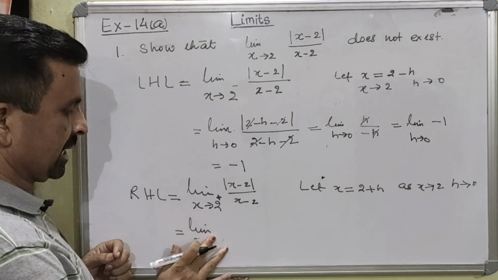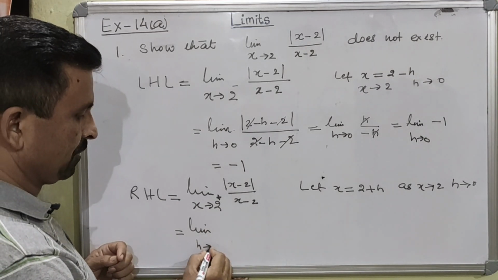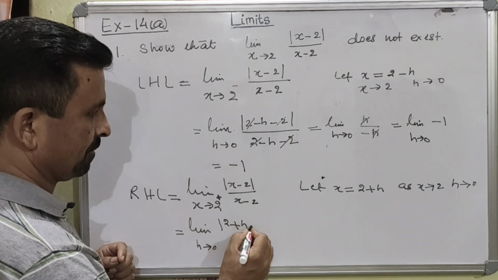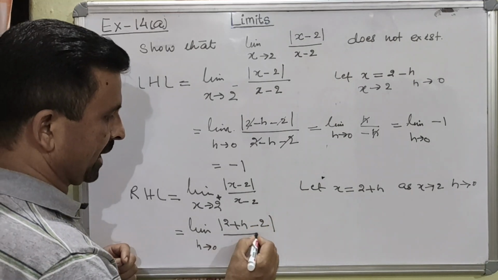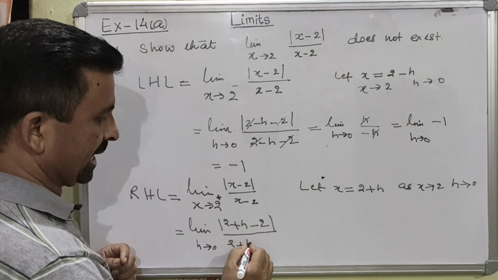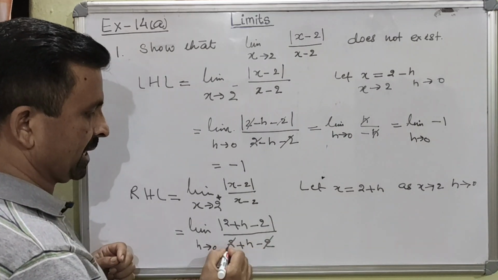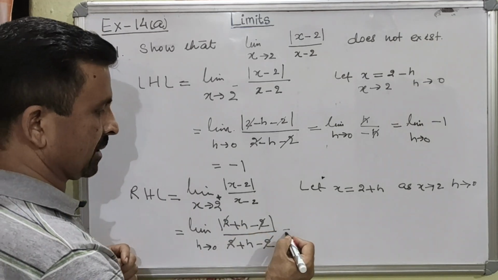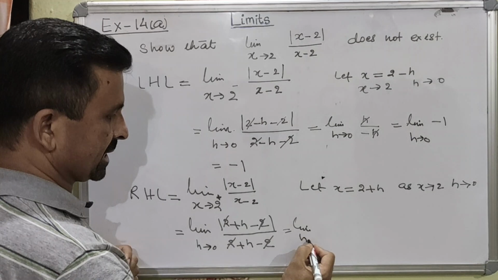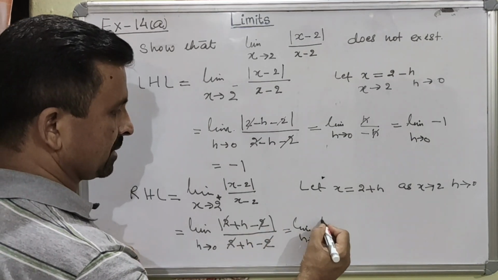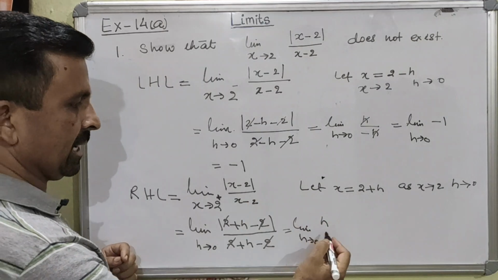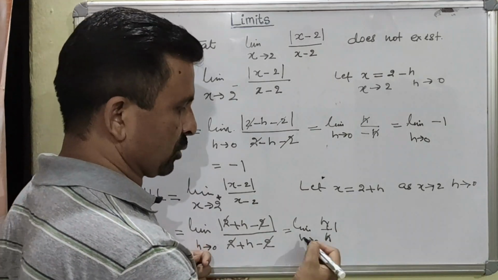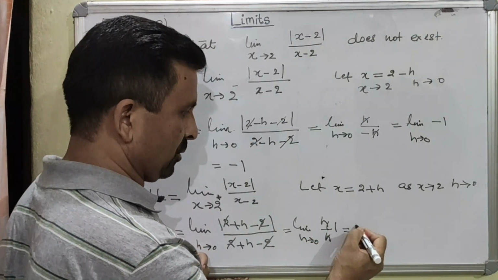Oh, sorry. Now we will change the limit. The limit will become h tending to 0. So the value of x will be replaced by 2 plus h: |2 plus h minus 2| divided by 2 plus h minus 2. Now we'll simplify this. This minus 2 and this plus 2 cancel, and then this h comes out of the absolute value without sign. So limit h tending to 0, this becomes signless h, and down is positive h. So this is cancelled, and this is equal to 1. Therefore there is no h now, so this value cannot be used anywhere. Now finally your answer is 1.